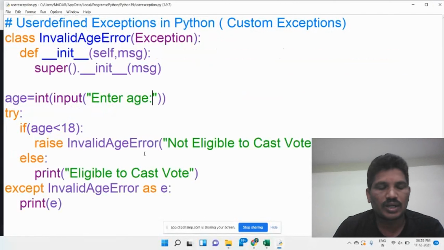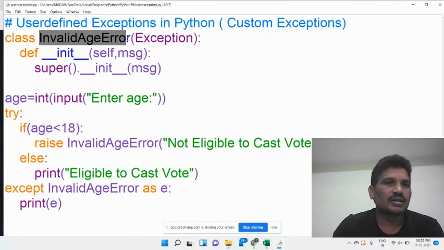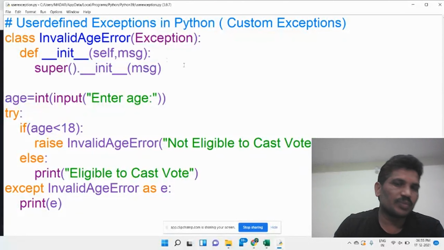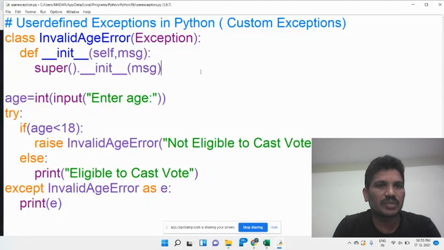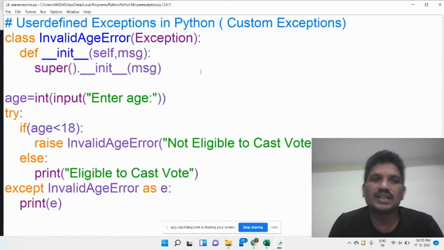What is the meaning of this program? We created a user-defined exception called InvalidError. InvalidError is not part of the built-in exceptions. Based on your application, you can create your own exception. For example, when you develop a banking application, we can create an insufficient balance error exception class.